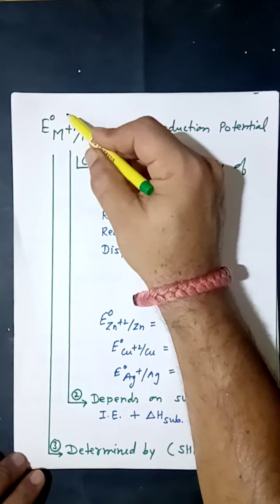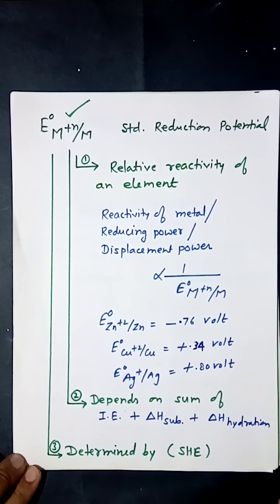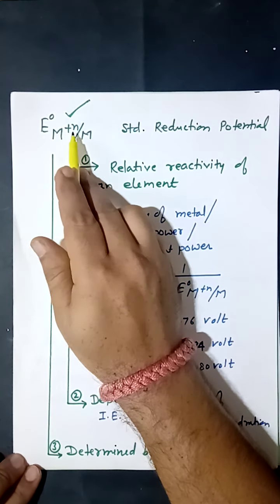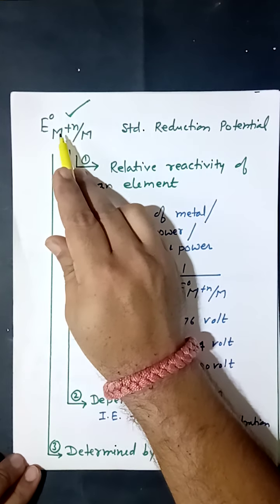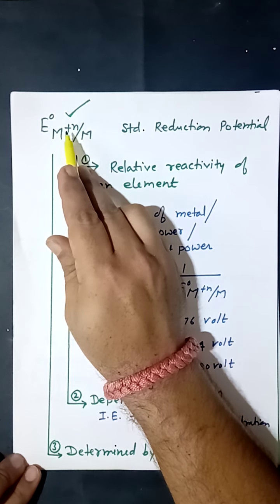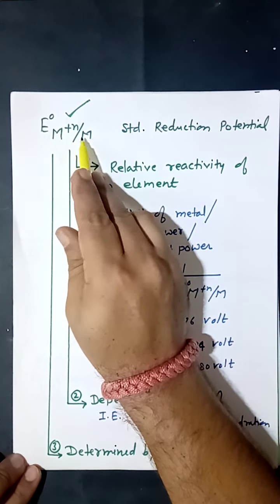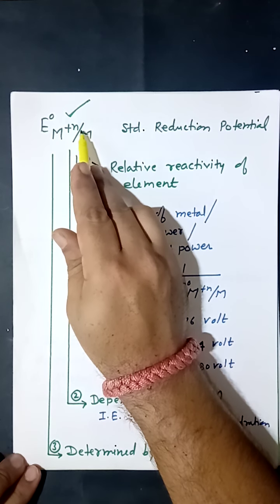Now this symbol, I have observed that this symbol scares students. I don't know why, but students are not very familiar with this symbol. So let's explore our knowledge about this particular symbol. This is not for a cell, this is for a particular electrode. We know there are two electrodes in a cell. One is cathode and the other is anode. So this symbol is used to represent separately the cathode as well as the anode.